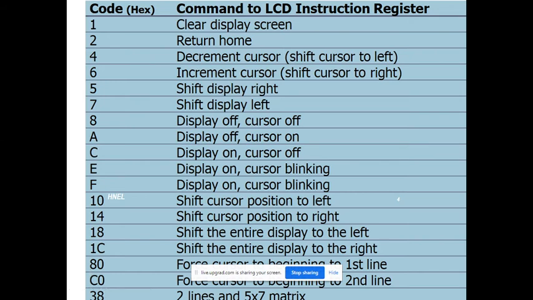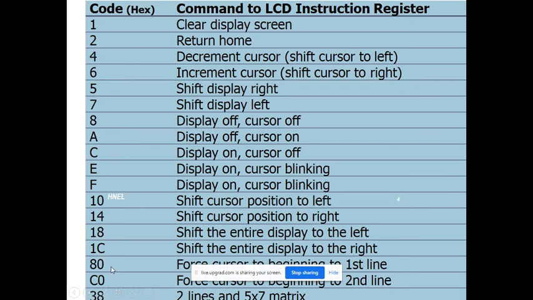Suppose I want to display my word on the first line, fifth position, then I will write 84, because first line first position is 80, then 81, 82, 83, like that. You can start anywhere as per your choice, just give the address.